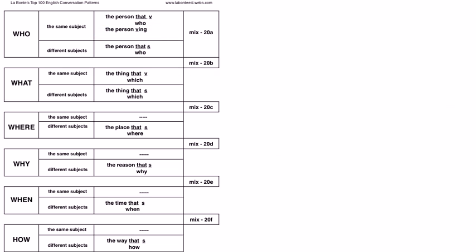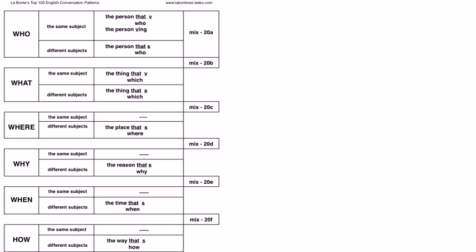At this stage with this pattern, usually I have a magazine out that has pictures in it with people, and I'll say, where is the man standing? And they will point and say, this is the man standing. Where is the man eating? Here's the man eating. Where were the people swimming? Here, the people were swimming here. And you can go through a number of scenarios there with him, using the same subject.